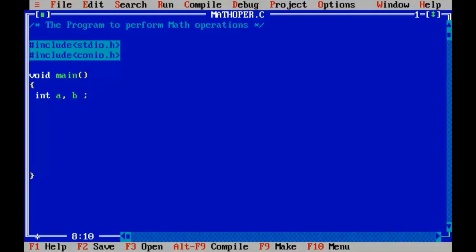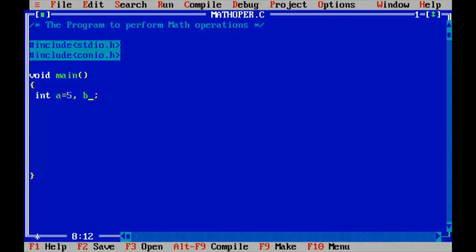So how am I going to store the data? I can directly initialize the variable in this statement using the assignment operator. So now I put an equal sign and 5 after a. This means 5 is going to be stored in a, or a contains 5. This is how we initialize a variable. Initialization of a variable means putting some value into the variable. Now a has got initialized and b not yet.